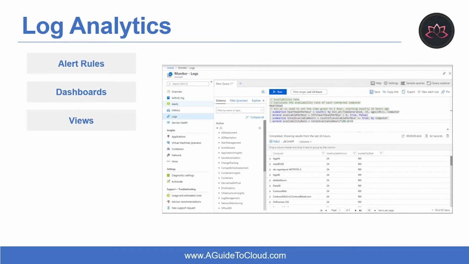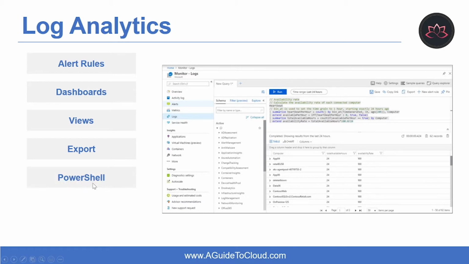You can create visualizations of data to be included in user dashboards with View Designer. Log queries provide the data used by tiles and visualization parts in each view. Fourth area is export. When you import log data from Azure Monitor into Excel or Power BI, you create a log query to define the data to export.